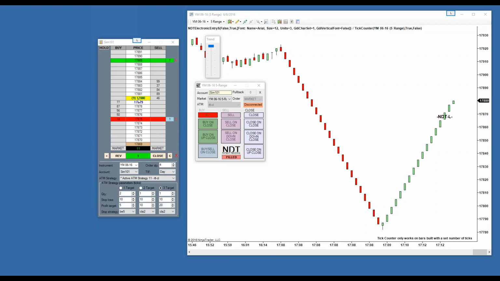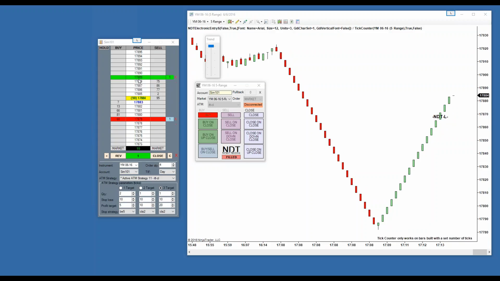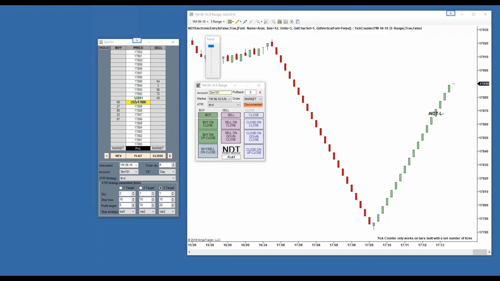So until the YM comes back 5 ticks, it's going to continue to move up, and hopefully our goal is to take out our target at 20 ticks. But we're trailing it. Once it hits 10, we get the trailer, and hopefully we hit our third target, and we're out. And that's it. That's our ATM on